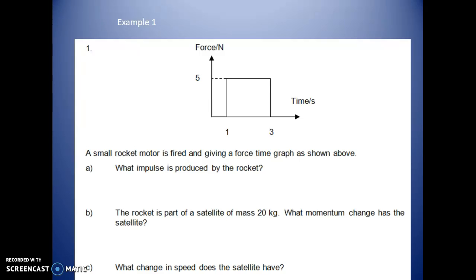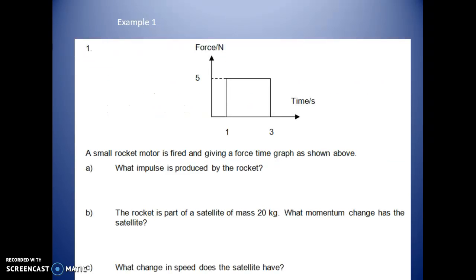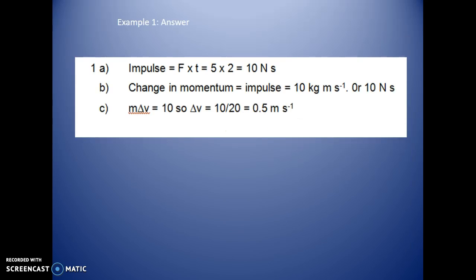So try and think about how you would solve those before you look at the answers. So for the first one, the impulse is 5 times 2 only, because it's between 1 and 3 seconds. The change in momentum is